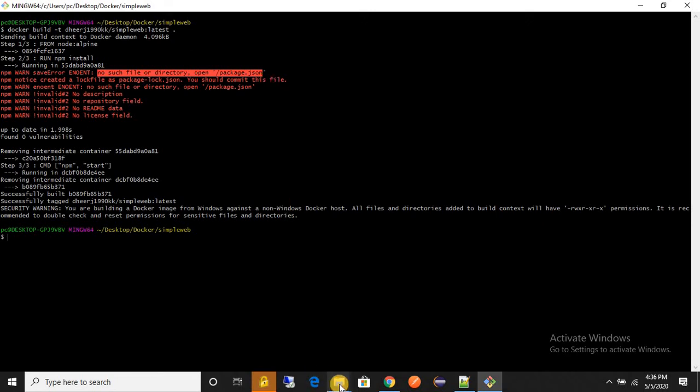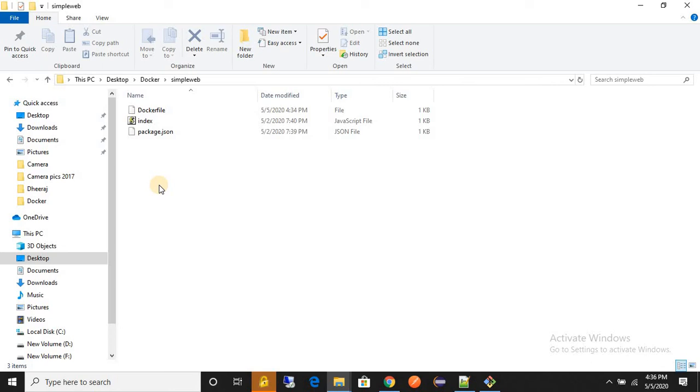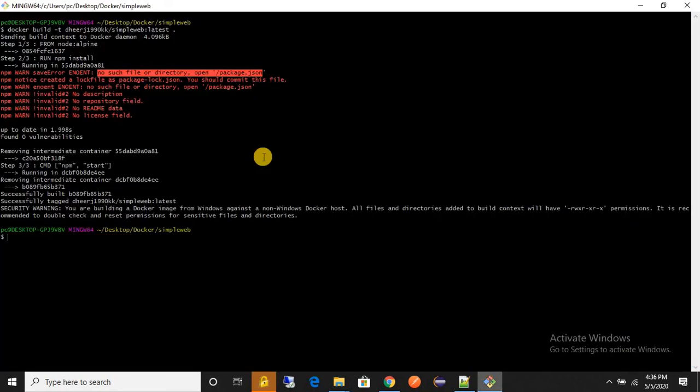But this file is stored in some different part. But remember one thing: once we build a Docker file, it will create an ID, image ID, right? And that ID is the memory location for each and every configuration we have mentioned in the Docker file. But my package.json file is not present on that ID, right? That's why we are getting this error that the package.json file is not present in the directory.